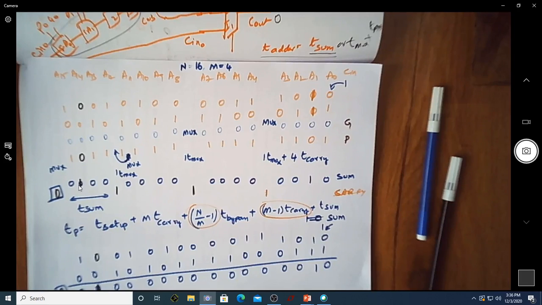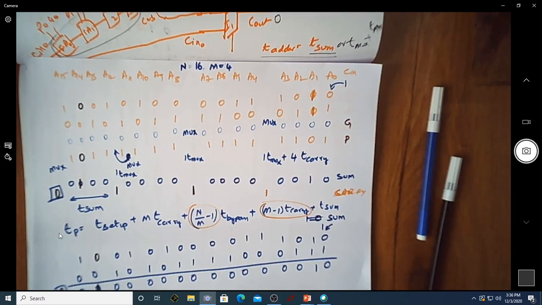By the time it comes down here, of course it takes some time for your sum to get the output. So you have another T sum, because here we are assuming the time required for generating the sum is equal to the time required for generating the carry. That's why you're not writing 4T carry here, you're simply writing 3T carry plus 1 T sum. So this is the